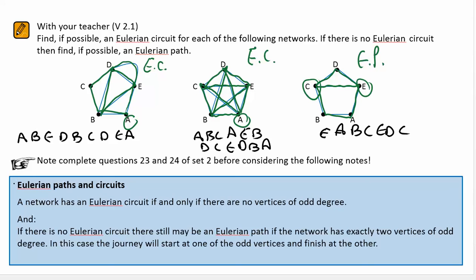Please take some time to look at these problems, and there is a bit of a rule here that will be very, very handy. C and E in this last one were both of an odd degree. The fact they're both of an odd degree and the others are even meant an Eulerian path. In all the other cases, each of the vertices were of an even degree, which means that an Eulerian circuit is